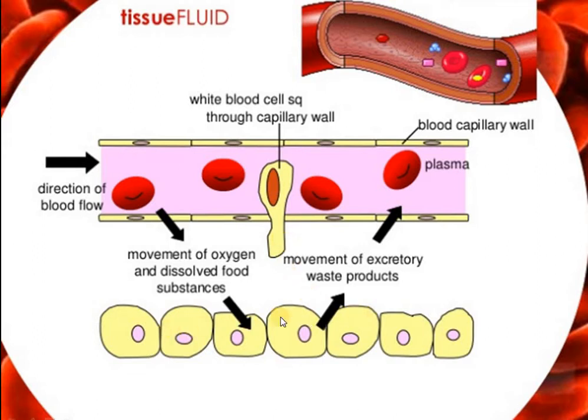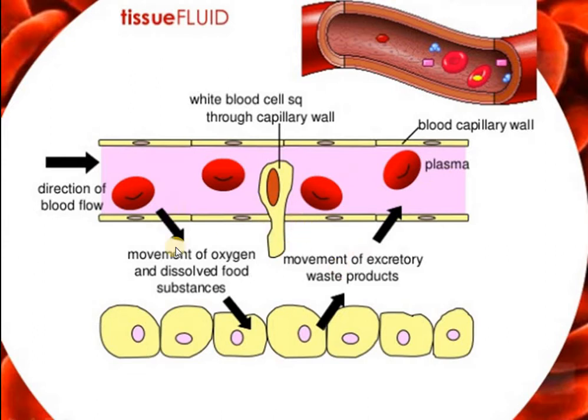On the other hand, we know that the tissues respire all the time because they need to have ATP, they need to have their energy requirement from this process, and we know that during respiration, oxygen is consumed and carbon dioxide is released. So this excretory waste product, which is toxic for our cells, must be given to the capillary so that it can take it out, give it to the veins, and then the veins would deliver the deoxygenated blood into the lungs so that it can be oxygenated.